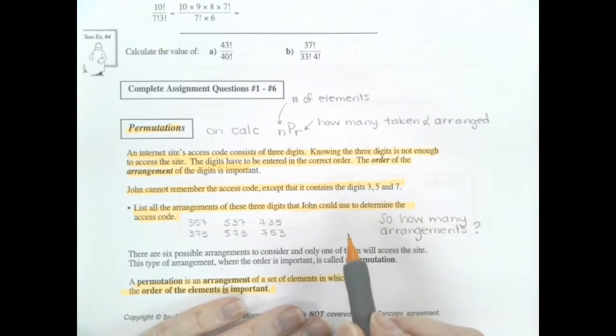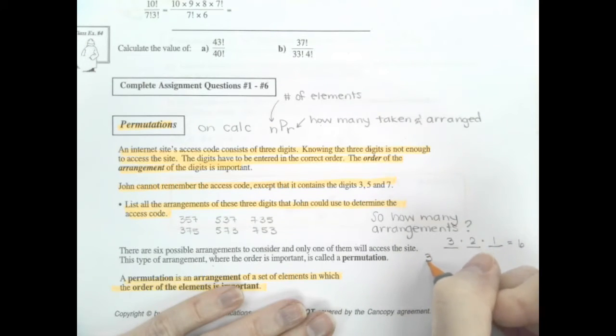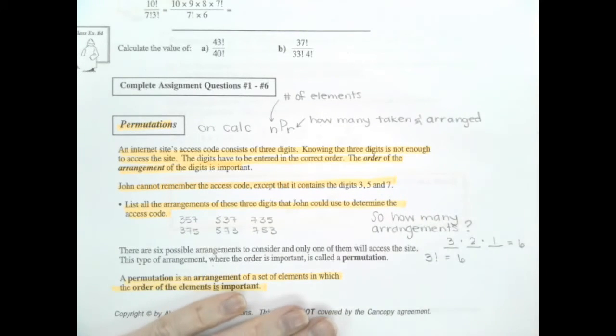but we can look at this in a few different ways. If I had my 3 little lines and I used fundamental counting principle, I could think my first number I had 3 choices to choose from, then I had 2 choices for the next, and 1 choice at the end left to choose, so 6 choices total. I could think of it as 3 factorial, which would give me 6 choices total, or